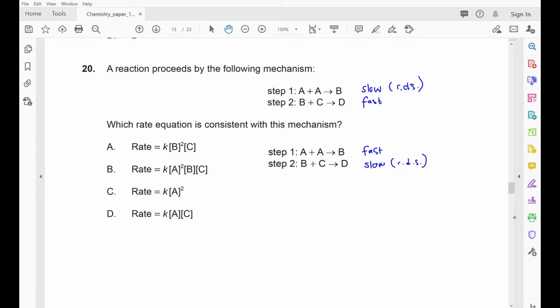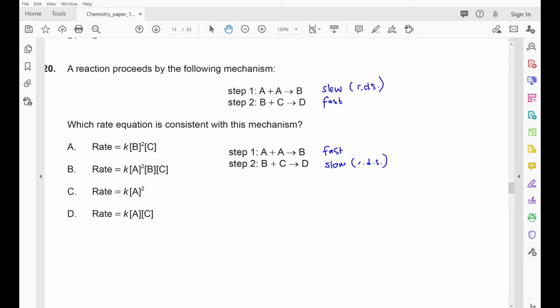Step 1 is the slow reaction, or the rate determining step, or step 2 as our rate determining step. B is our intermediate, so it is not involved in the final reaction equation. In the first scenario, the rate equation would be rate constant times concentration of A times concentration of A, or simply k[A]², because only species involved in the rate determining step will be included in the